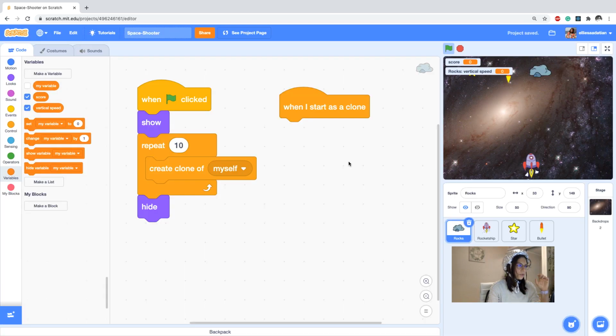What I want to do with this, I'm gonna hide it. How to hide a variable? Just go to variable and uncheck this. From here, I only want to show the score on the stage. Now, when I start as a clone,